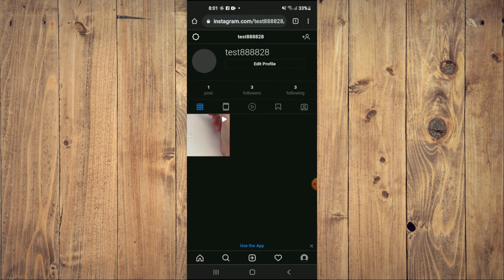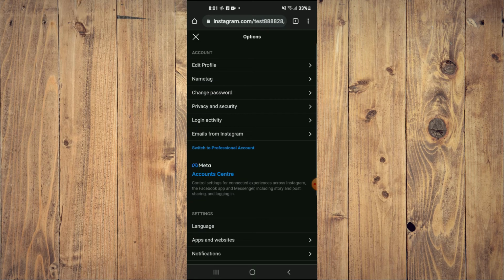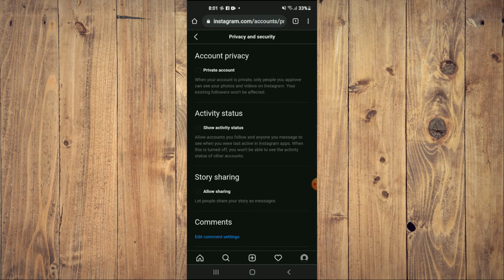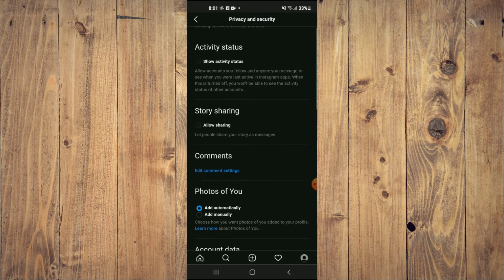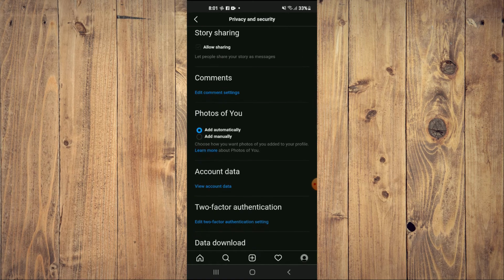Then you're going to tap on the settings cog in the top left hand corner, and you're going to select privacy and safety. Once you have done that, you're going to scroll down and you will see account data. You're going to tap on view account data,